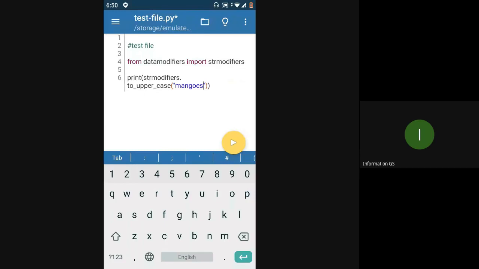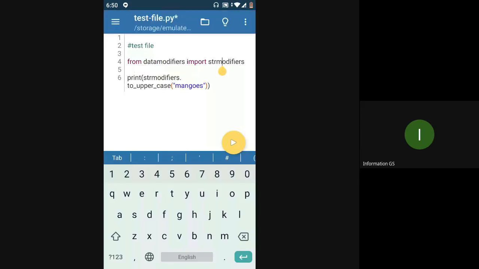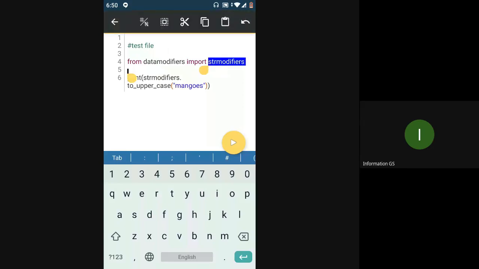So instead of writing the function here, I have a package which is basically used for modifying data. The only purpose of this package is to have code to modify some data. In that package, I have two files: one is a module to modify strings, and the second is a module to modify lists.